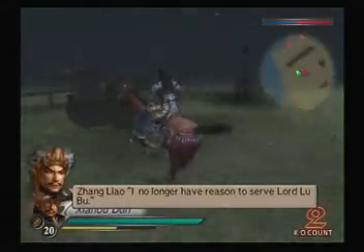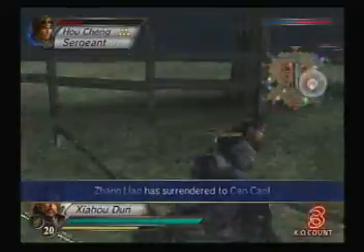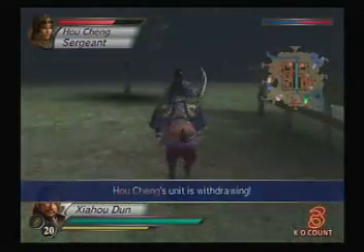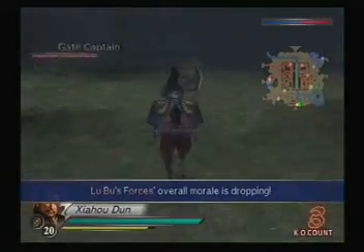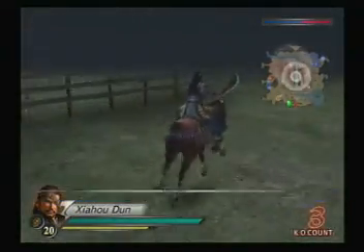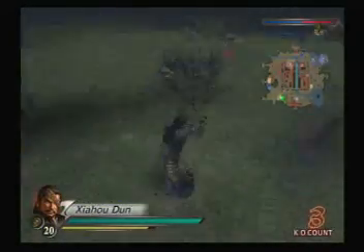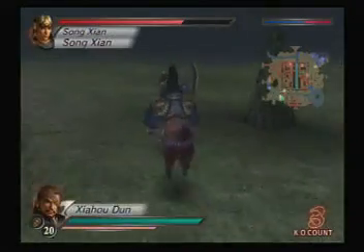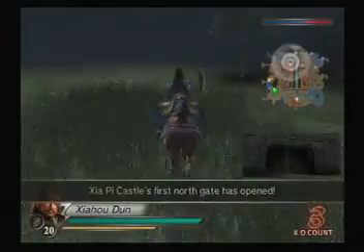I no longer have reason to serve Lord Lu Bu, but is Cao Cao worthy of my allegiance, perhaps? I can no longer serve an animal who only thinks of war. There's 2. Share the same path as Lu Bu any longer. The enemy outnumbers us vastly. Okay. Do not